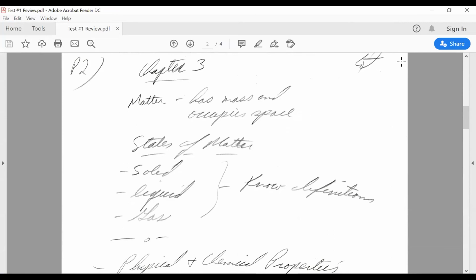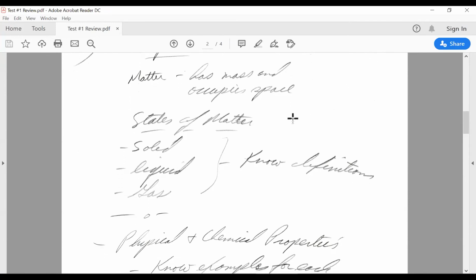But anyways, matter is something that has mass and occupies space. Now, when we talk about matter, there are 3 states of matter. And if you remember on test 1, I asked you, name 2 of the 3. And those are solid, liquid, and gas. And where I have here no definitions, you should know that a solid has a definite